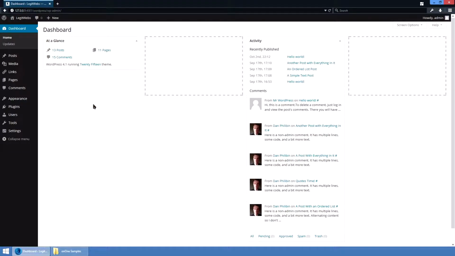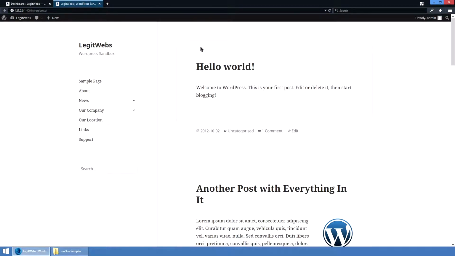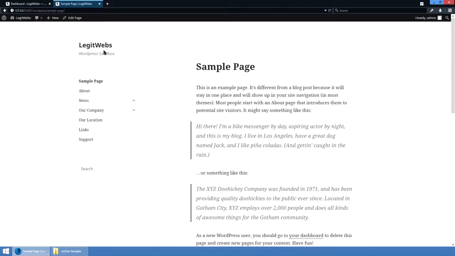And if this is your first time here and you just want to make a quick edit, the easiest thing to do is just click over here. Now I middle clicked it so it opened a new tab, and head to the page that you want to make edits to. So I'll head to the sample page, and you'll see that there's an edit page at the